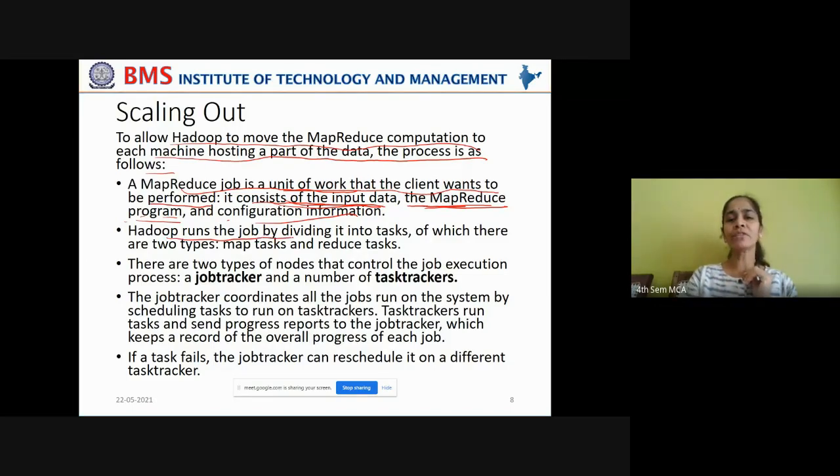Now, Hadoop runs the job by dividing it into tasks, of which there are two types. What are those two types of tasks? The map task and the reduce task. We know that. There are two types of nodes that control the job execution process. Again, two other guests will come into our discussion now. We already learned about name node, secondary name node, and data node. Now, two extra guests are coming into our discussion: job tracker and task tracker.